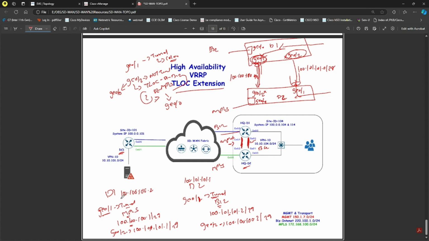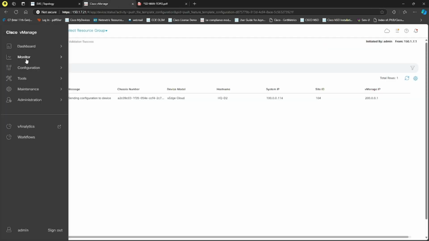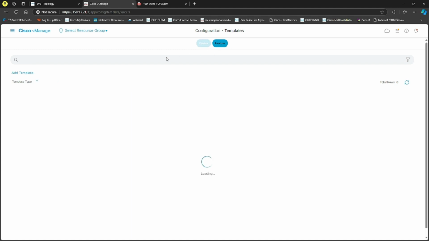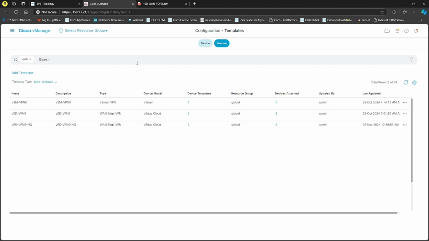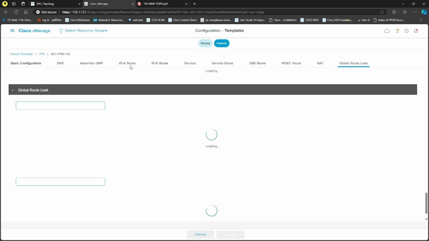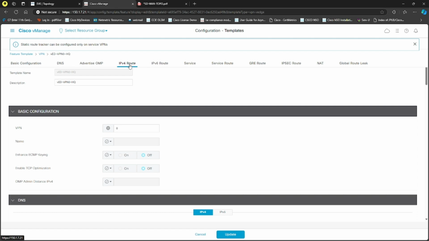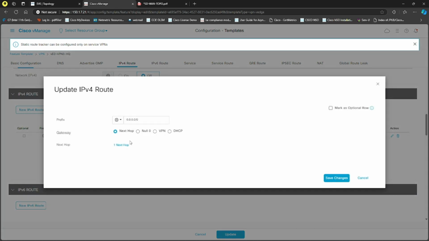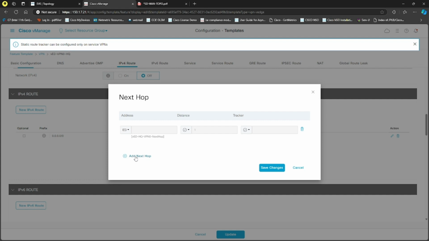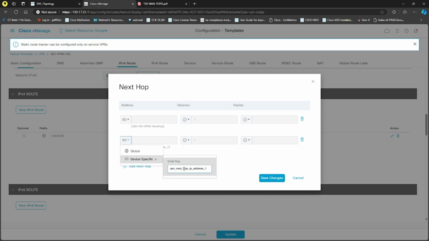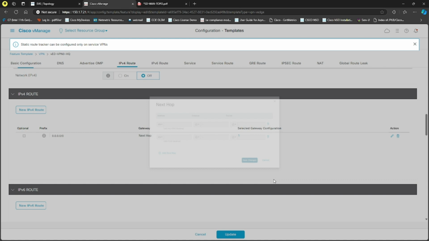And there is also one more requirement, that we should have one more default gateway towards the respective tunnels. So let me go to the configuration templates. Let's go to the feature templates, VPN 0, and we already have a separate template for headquarters. Click on edit, click on IPv4 routes, and I will edit the existing. There is only one hop, so let's click on one more hop, and this one should be for the TLOC next hop. So it will be easy to understand. Click on save changes,